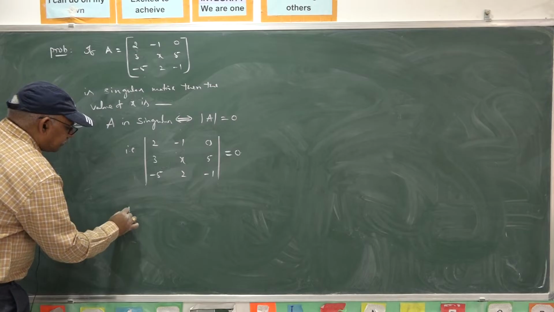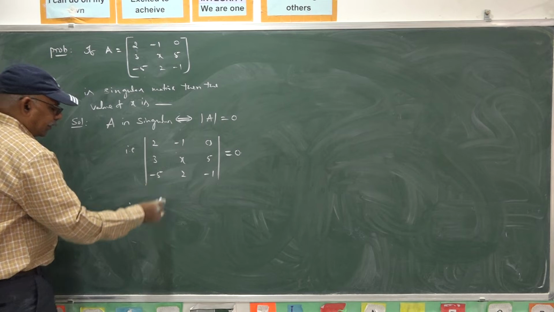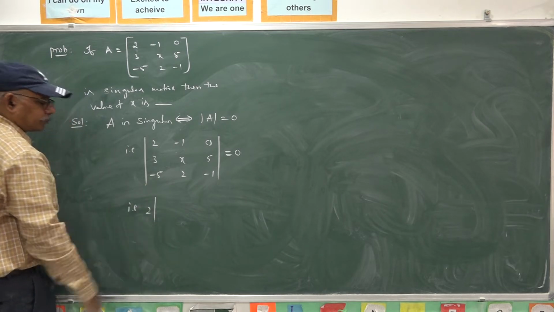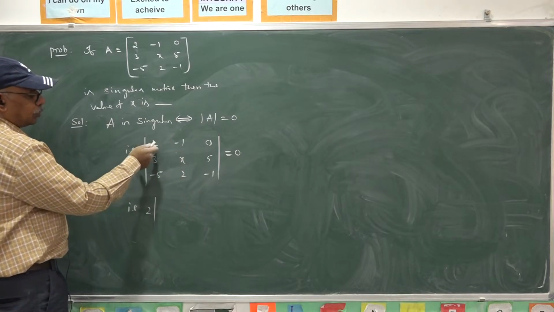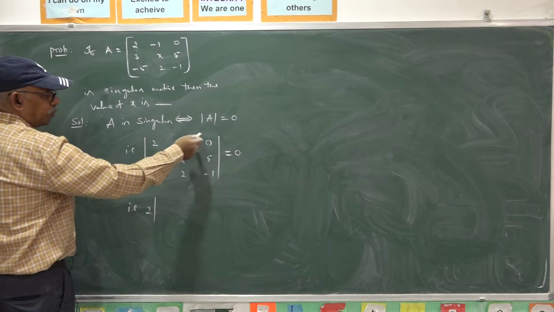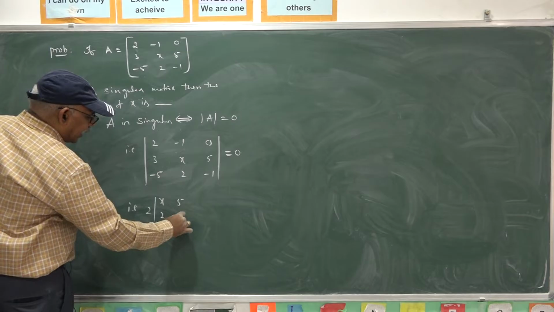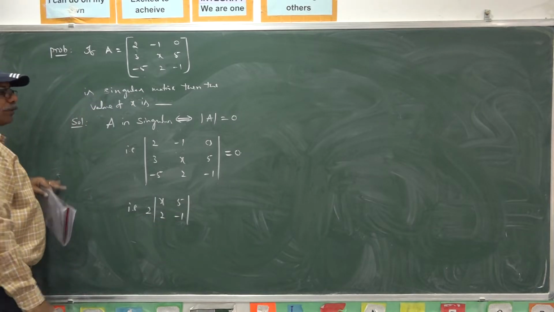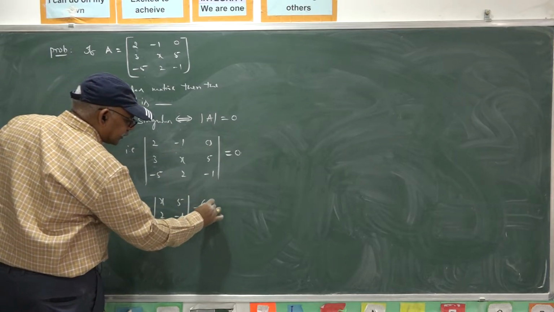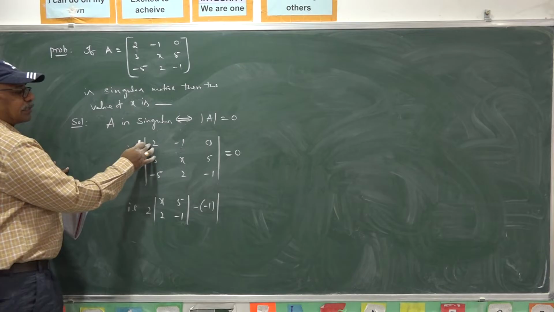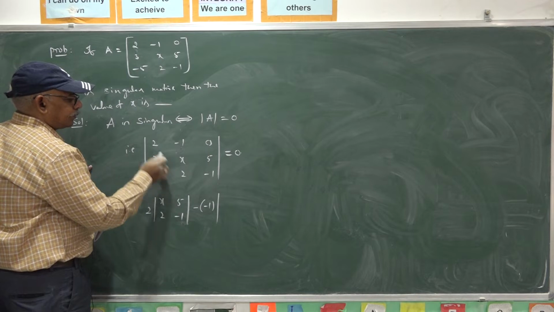So, you can evaluate the determinant about any row or any column. I am evaluating the determinant about the first row, 2 into the remaining determinant after removing this row and column, x, 5, 2, minus 1, a 2 by 2 determinant. Coming to the next element, you have to take minus, plus, minus, plus, like that. So minus 1 into